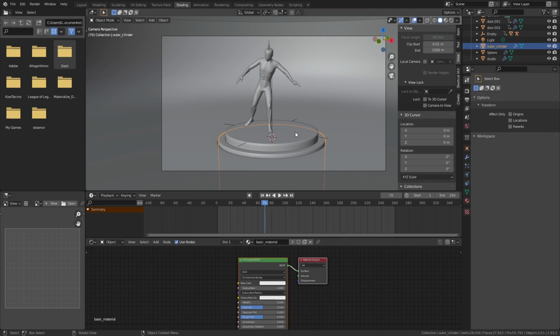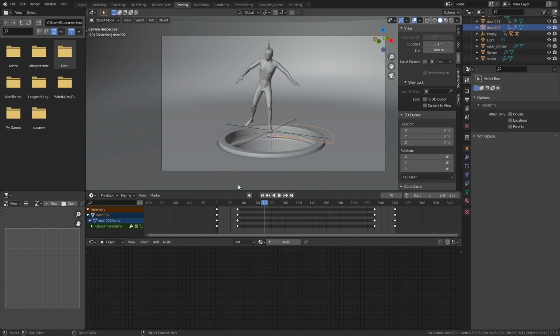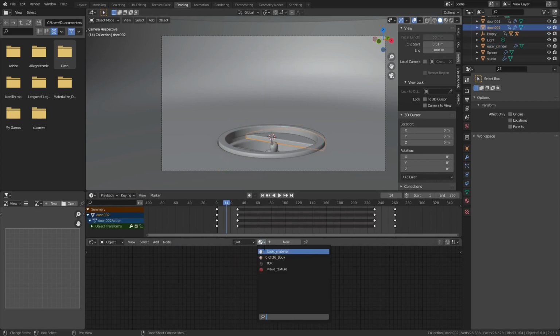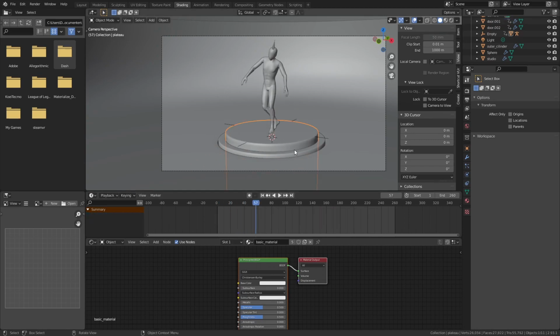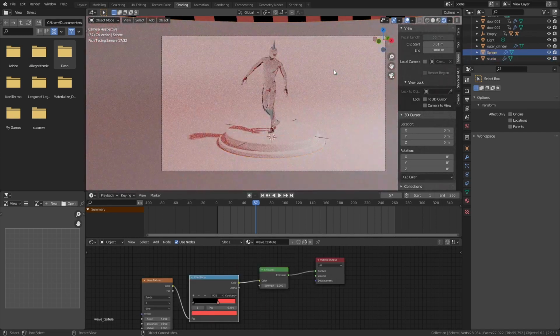Material. So let's hide them. And then of course we also want these doors to have that material. Basic material. And then this door as well. And I think everything right now has that basic material. And that's perfect. Now though, if we look at the rendered viewport shading, we can see that we get a